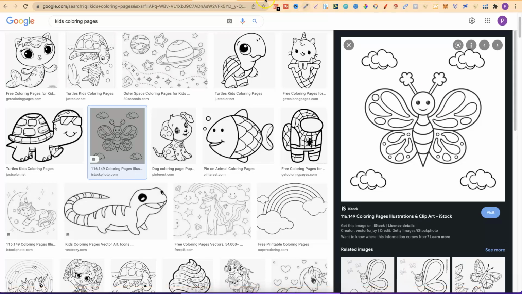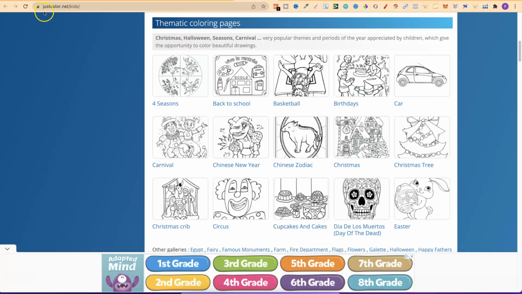Now, the first website that I pulled up was this one. This is Just Colour. Now I will leave links to these websites down in the description as well, so you can come through, do your own research and start looking at layouts. But this is the first one,